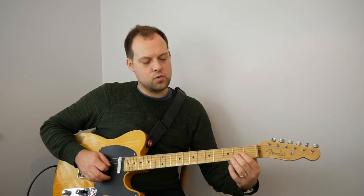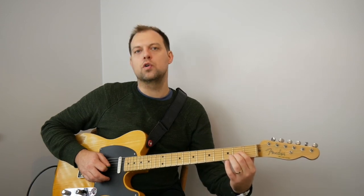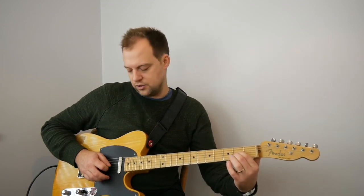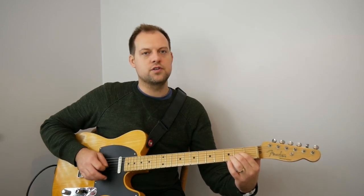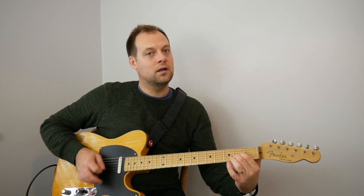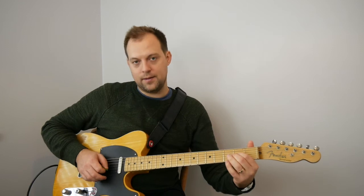In bar 2 we add on the 2nd fret of the B string, so we're mirroring the vocal harmony that's going on with the guys. So it's 2, just on the G, 2 on the G and the B. Then we add in the open E string, so we get...